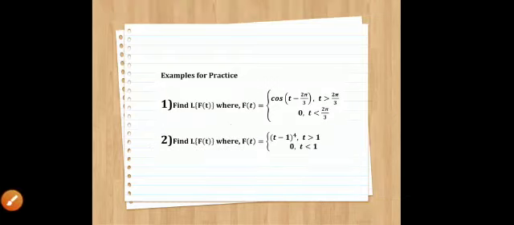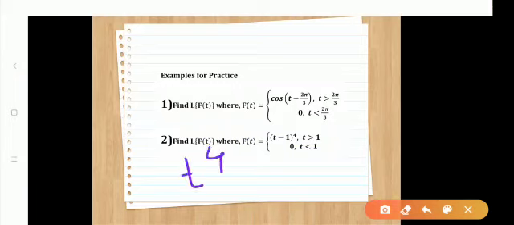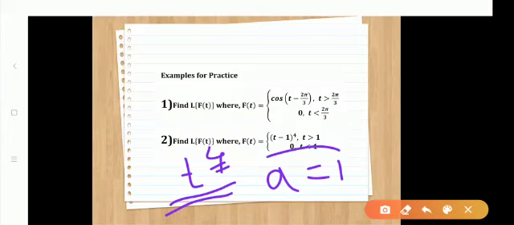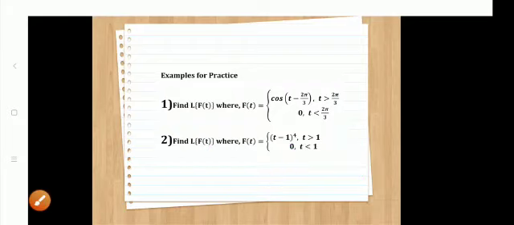And the second example, (t minus 1) bracket raised to 4. So here f of t is t raised to 4 and a equal to 1. As compared to t minus a, we get a equal to 1 and the function is t raised to 4. The index of t, n, is an integer. So you have to apply the n factorial upon s raised to n plus 1 form of Laplace transform to find this function's Laplace transform, and then apply the second shifting theorem with a equal to 1. You will get the answer very easily and correctly.